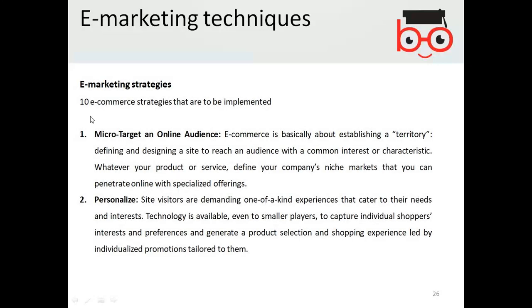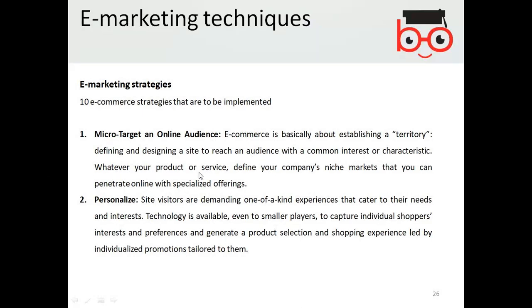Now, e-marketing strategies. Ten e-commerce strategies that are to be implemented. Micro-target an online audience. E-commerce is basically about establishing a territory, defining and designing a site to reach an audience with a common interest or characteristics.